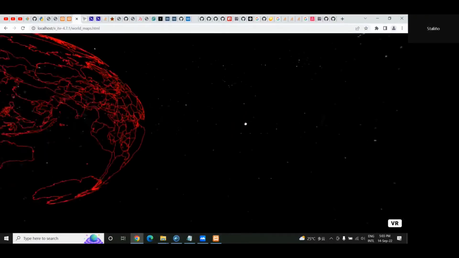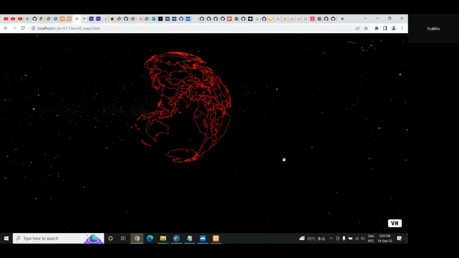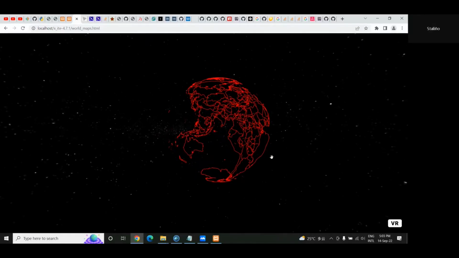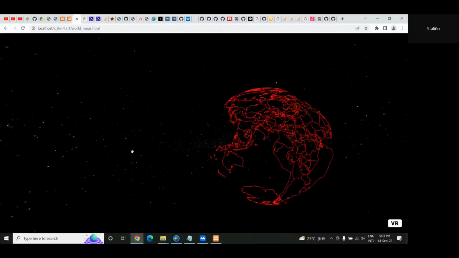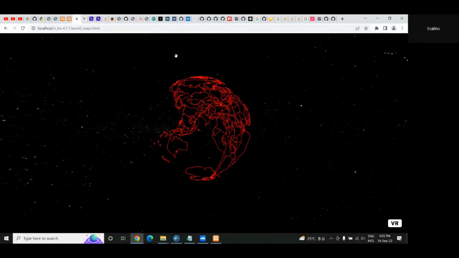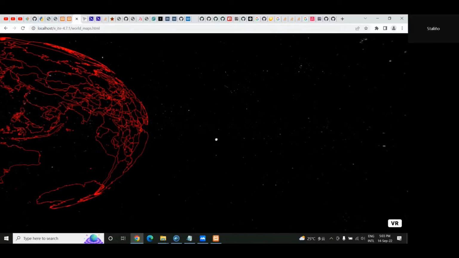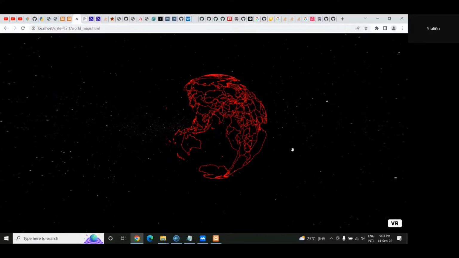You can see, guys, this is the map of the world. We just drew lines on this sphere. It's on an empty sphere, okay? So these are the map of the world. But I can't zoom or go left or right to actually see this map. So to be able to rotate it to the left and the right to be able to see the map clearly, we need to